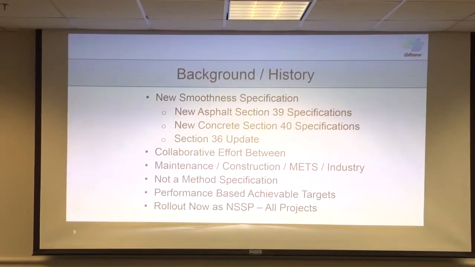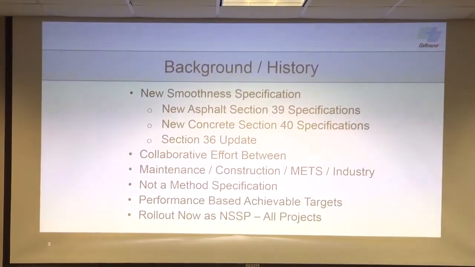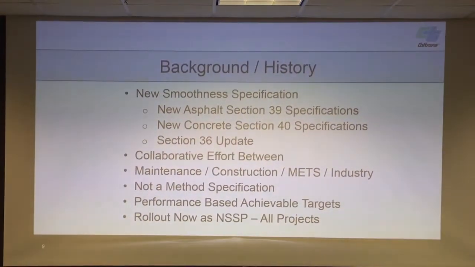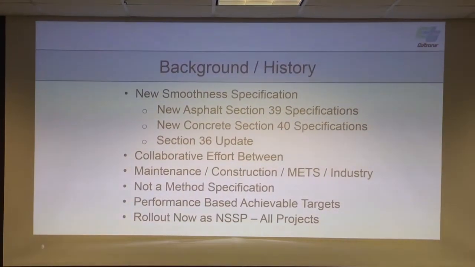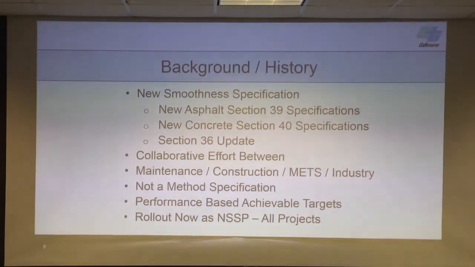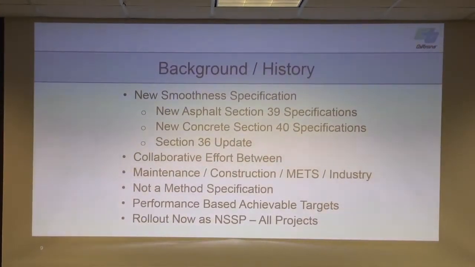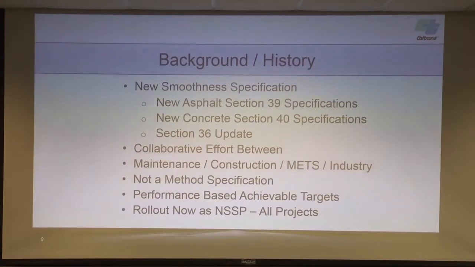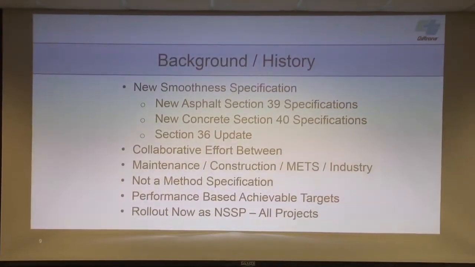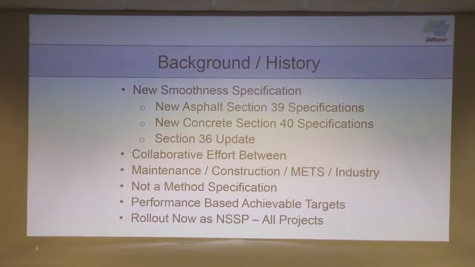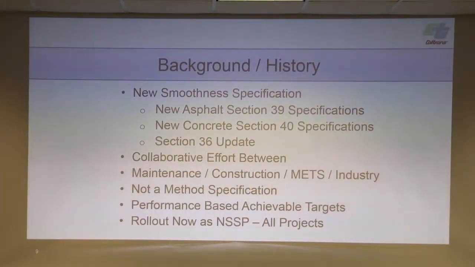I want to go into the spec a little bit, some of the background and history. We've got new specs in section 39, new specs in 40, and 36.3, which is the precursor to the asphalt pavement. That 36.3 is going to be a complete update, so we're going to have a whole new special provision. Rather than tell you which paragraph and section has changed, we're going to have a full update on that section. So you won't have to piecemeal look through your specs and figure out what paragraph or what table got added. It'll be a full new section.